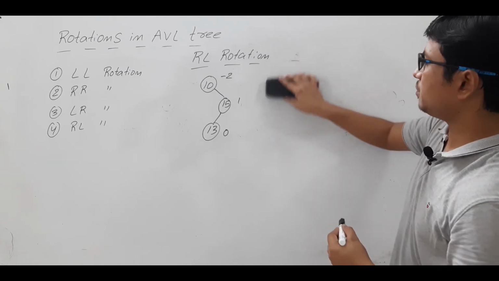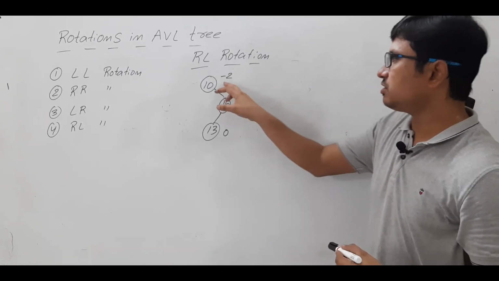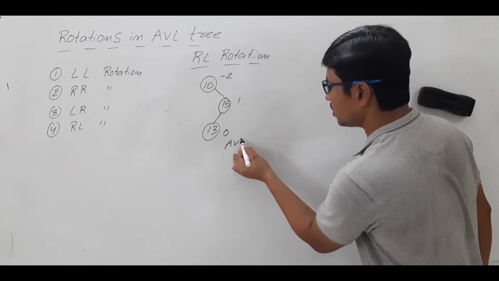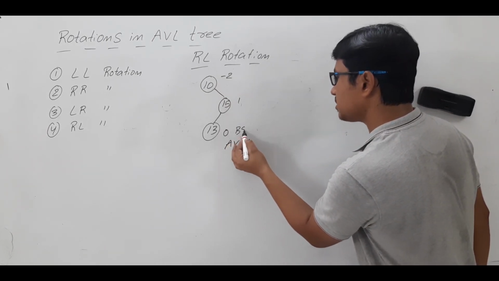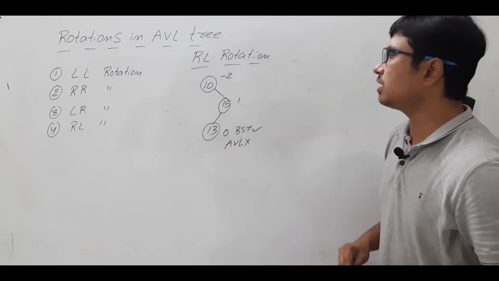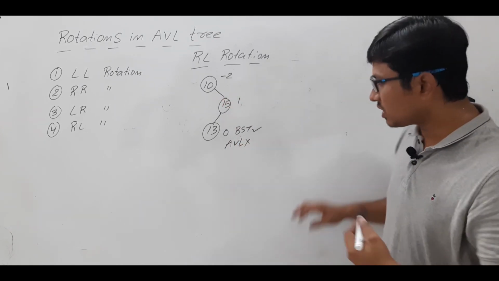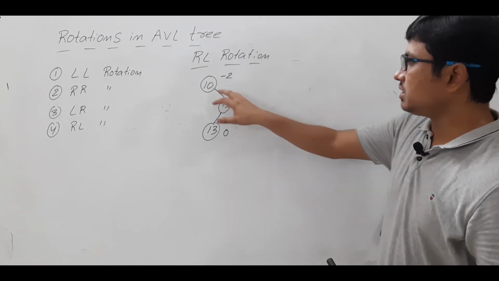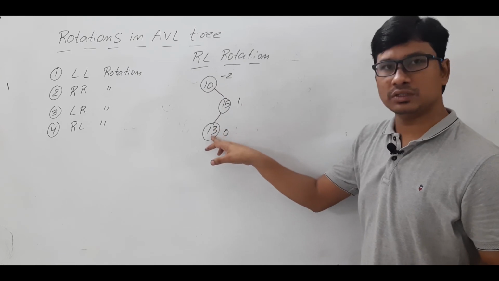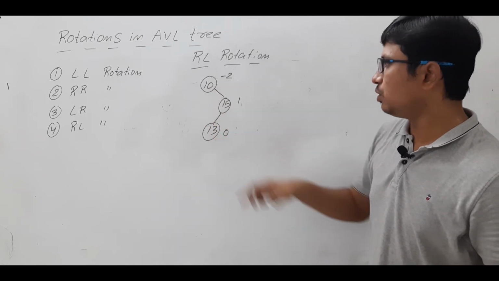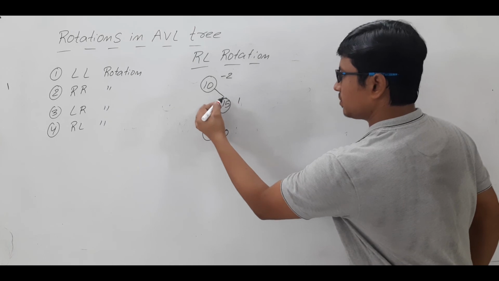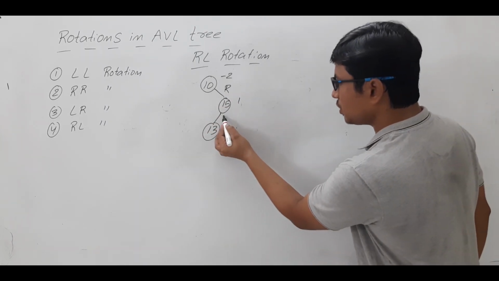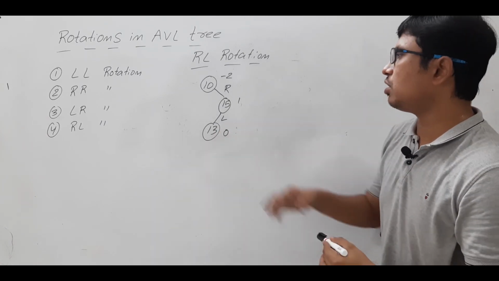Now because you have inserted 13, the balancing factor of this 10 is out of range for an AVL tree, so I can say that this is not an AVL tree, but however it is a binary search tree. Is it clear? Now what kind of rotation do we need to perform? I will identify it by traversing from this element towards the newly inserted one. First 10, from 10 you are going to the right hand side, so write R. And from 15 you are going to the left side, so that's why I can call it as I need